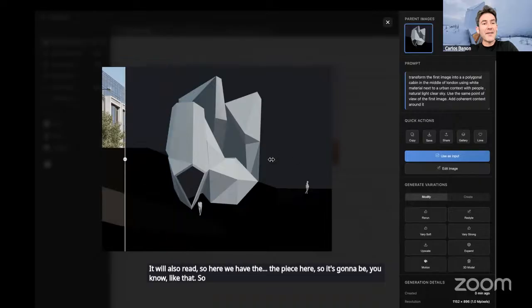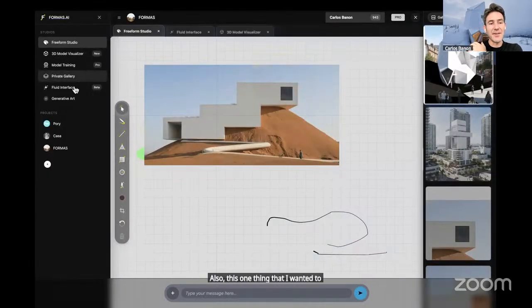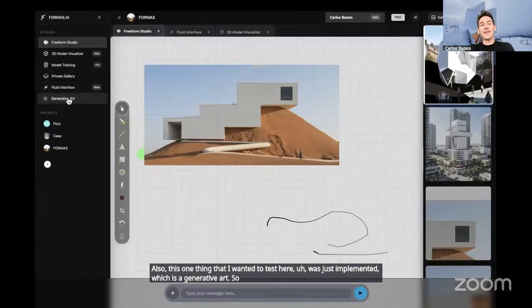One thing I wanted to test here, which was just implemented, is the generative art. The thing with generative art is that it combines LLMs.